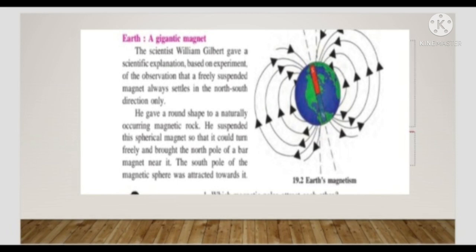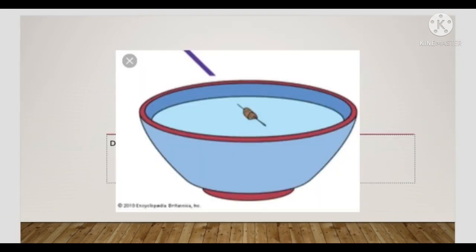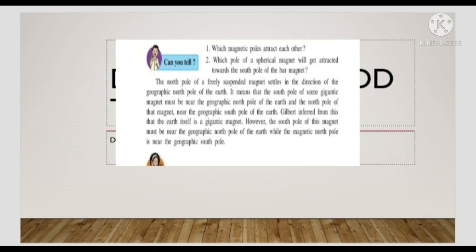An inference from the above experiment is that the British researcher Michael Faraday named these lines going from one end of the bar magnet to the other as magnetic lines of force. The magnetic needle also shows magnetic lines of force. The region around a magnet where the magnetic force acts on an object is called the magnetic field. The magnetic field around a magnet can be shown by means of magnetic lines of force. The intensity of the magnetic field at a place can be gauged by the number of lines of force that pass through a unit area placed perpendicular to it.